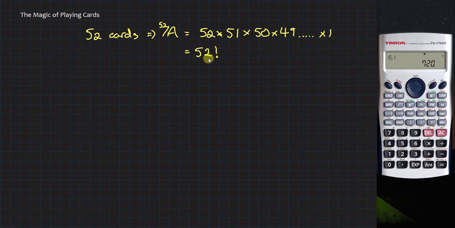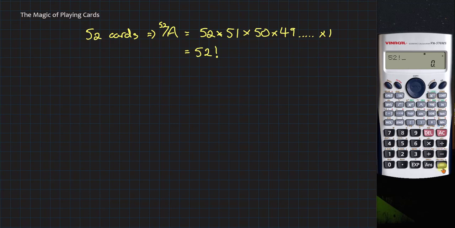Now, 52 is not a particularly large number, but this is the world of probabilities and arrangements. This is what leads to the world of quantum mechanics being so weird, is how big these numbers get. This 52 factorial